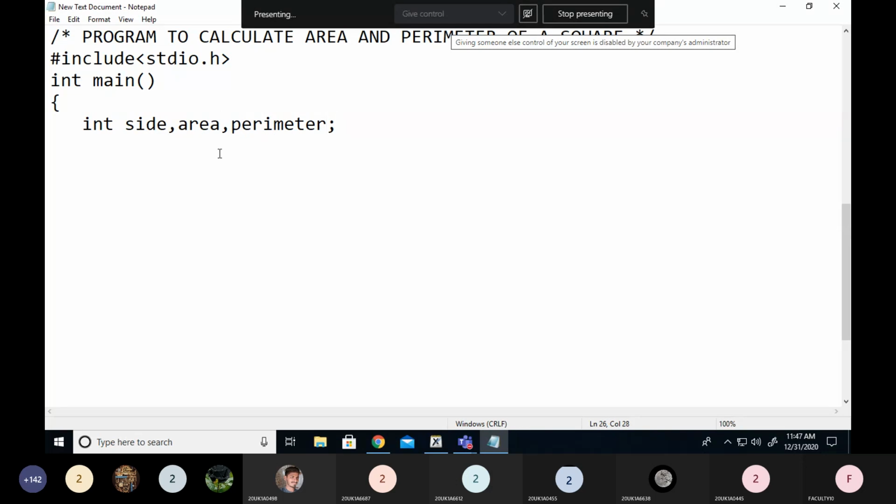Right. Now after this, what do I have to do? Being a beginner, you don't know how to proceed to the next line. After declaring these variables, you should understand I need the side of a square. That means I have to ask the user to enter the side of a square. So I have to print a message. How can I print a message? By using the printf statement. Printf, and within the double quotes give a message,